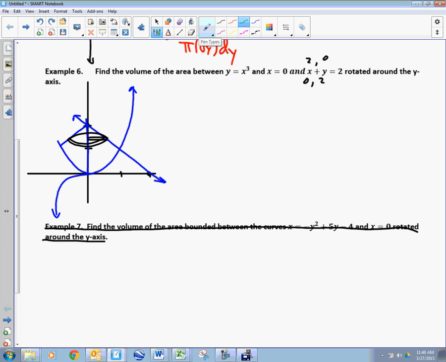Whereas if I slice it here, the outside of my disc is the cubic. Nope, top bottom will not work because